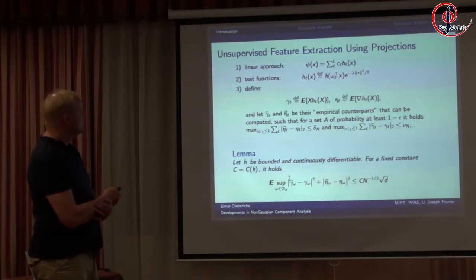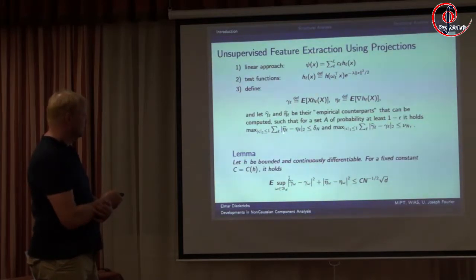We define additional objects, gamma L, that is some kind of representation of the noise-killing condition from the last lemma, and the information-bearing vectors eta L that are defined by the expectation of the gradient of the test functions. And we assume that there are some error bounds on these